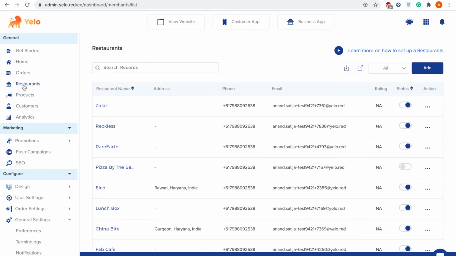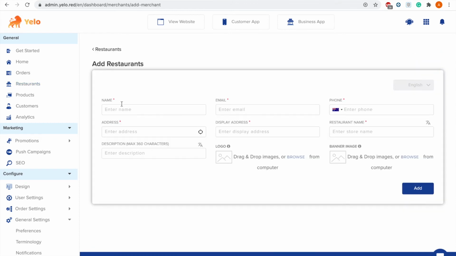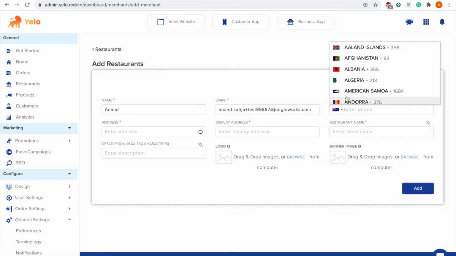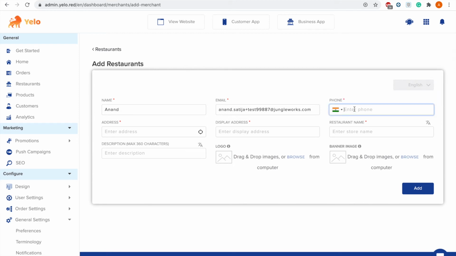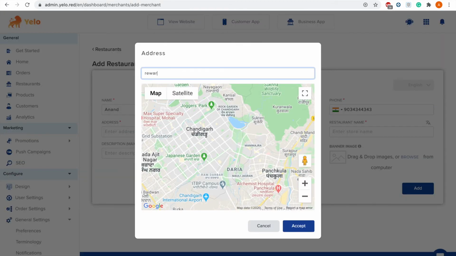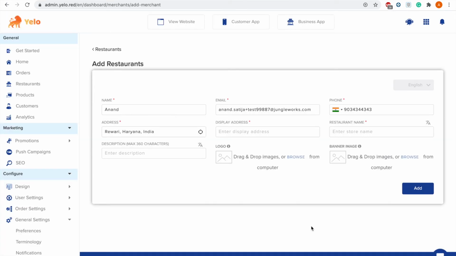Now go to our restaurant option, go to the add button, give your name, email address, you can give the address and display address, which will be shown on your website.